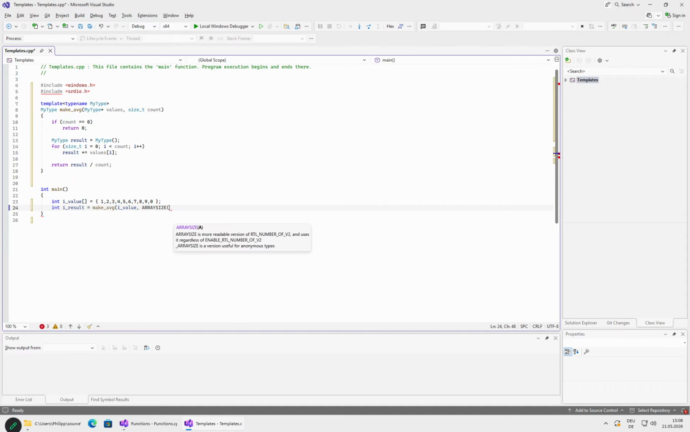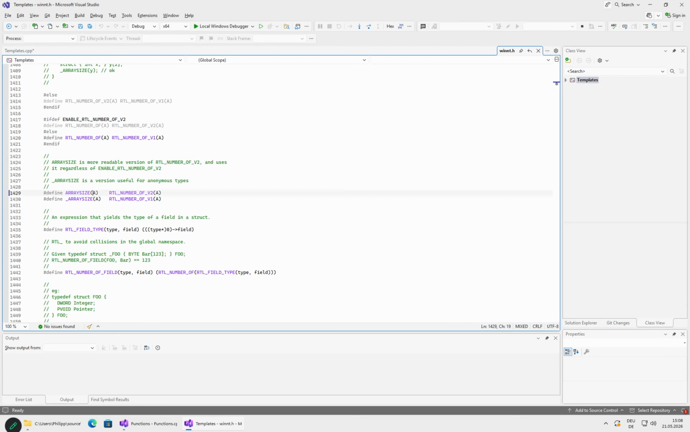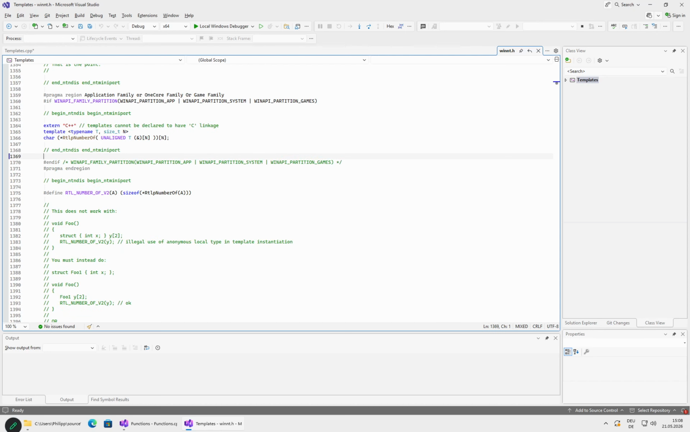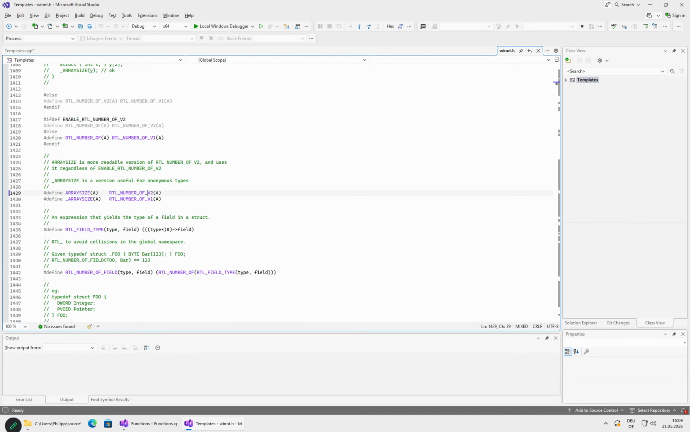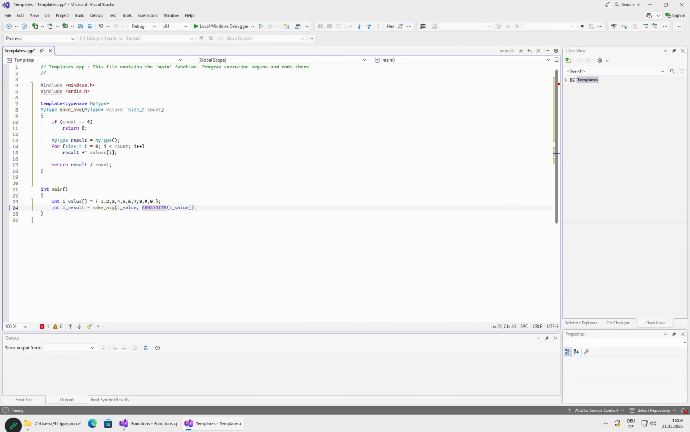Now we have array size, which is a simple macro that gives us the element count of arrays which are defined such that the compiler can easily determine the size. As you might remember, the implementation might be more complex. Here it's not simple, but the simple implementation, if we want to have our own,